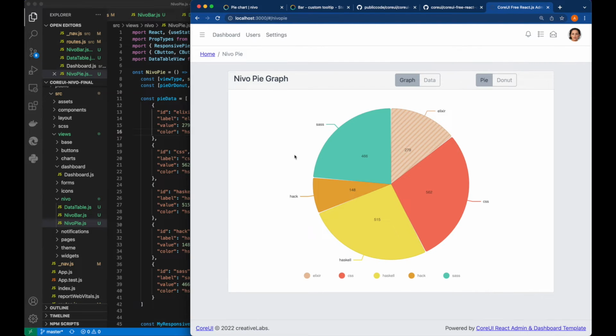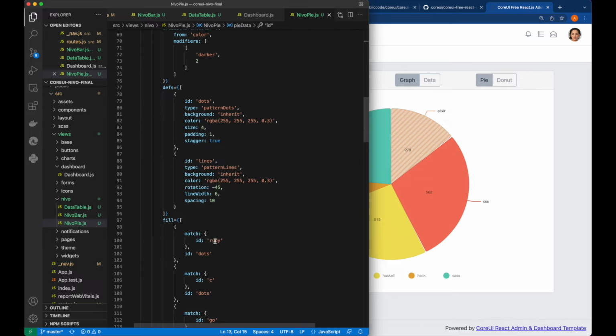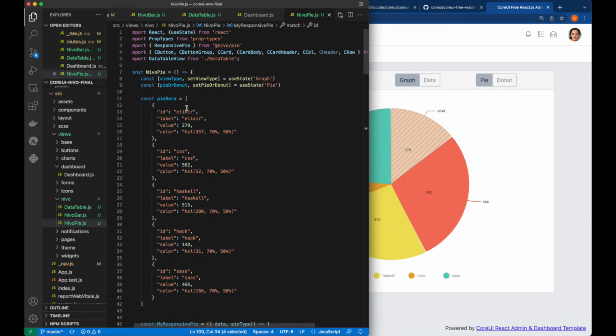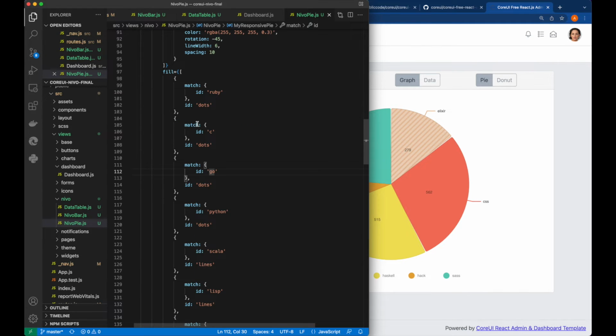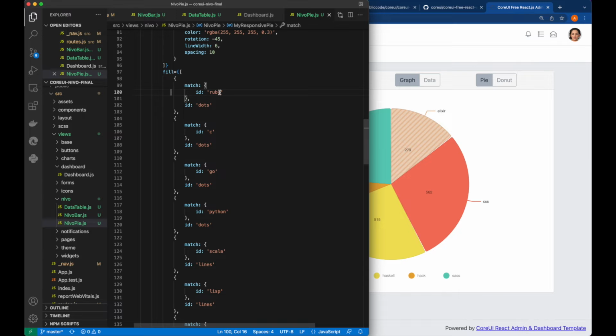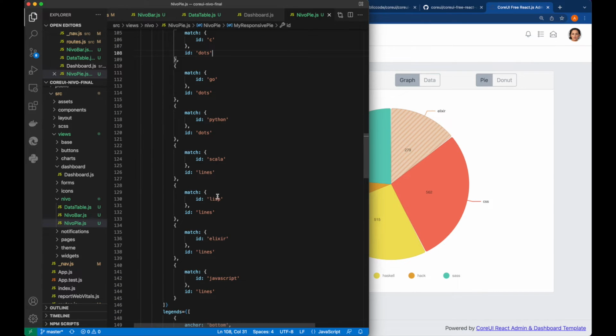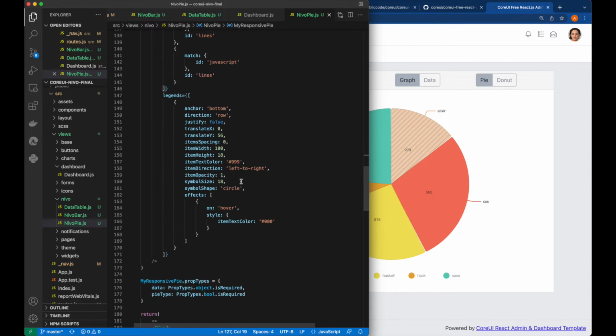So very quickly we have changed our pie graph properties. So here are the fill values, as you could see here. Looking into the data, it looks into Elixir, CSS, Haskell, Hack, SAS, and here are the matches. If the ID is matched, put the dots. We do not have any value related to Ruby here, otherwise it should be dots. See dots, and there are lines and other properties, and then these